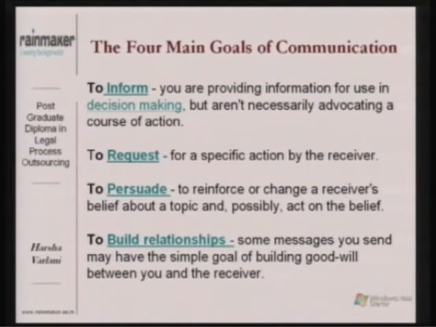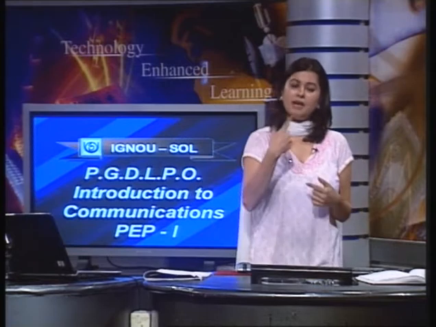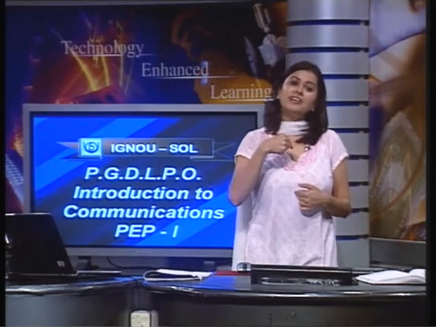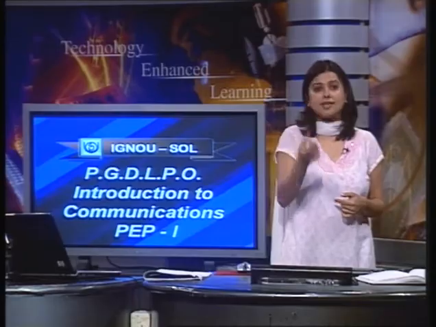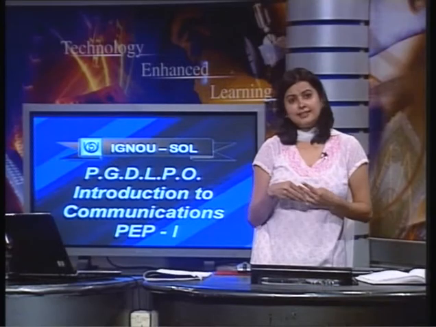Let us take a very simple example for this. A group of friends, someone asks you, let us go for a movie. That is requesting. So, I am communicating with you with the intention, my goal is a request. You inform the person, your friend, saying, no, I have already seen that movie. So, you are providing them with information. The third type could be